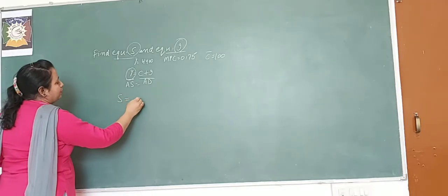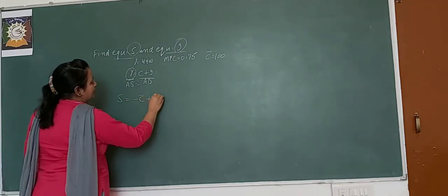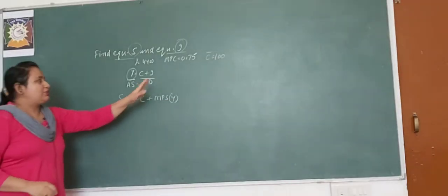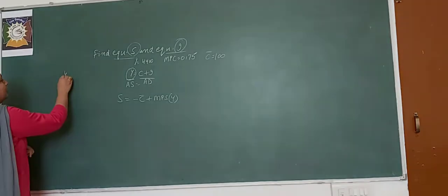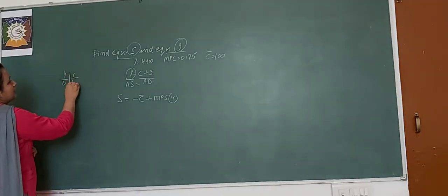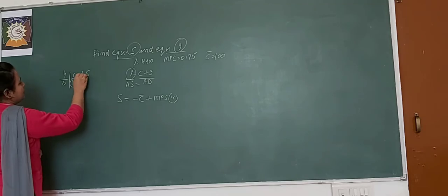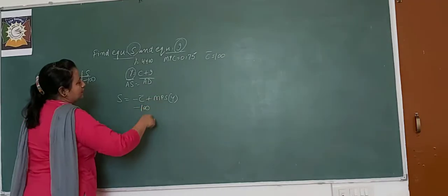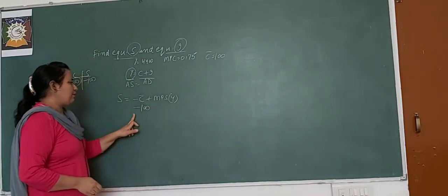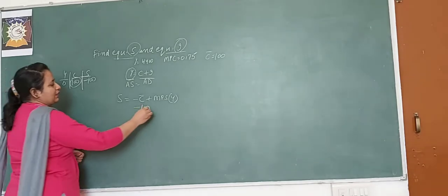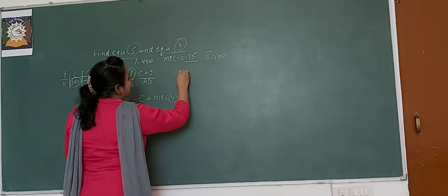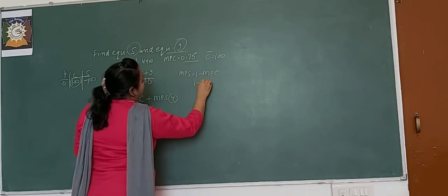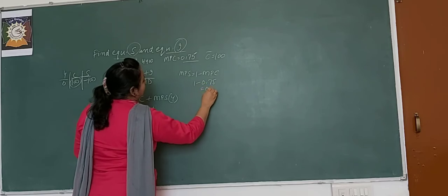अगर मैं S find करती हूँ, it means minus C bar plus MPS into Y. तो I will take minus C bar. जब आपकी income क्या है? 0 है, income is 0. It means consumption is 100, that is autonomous consumption. Savings will be negative, minus 100. So I will put this, what is given? C bar is given 100, it means savings will be negative. MPC is given 0.75, so MPS 1 minus MPC, that is 1 minus 0.75, that is 0.25.